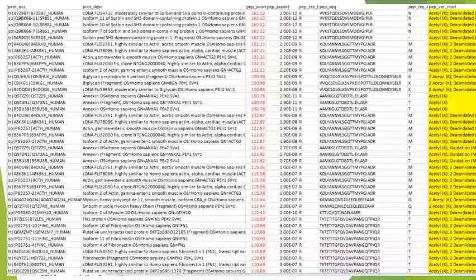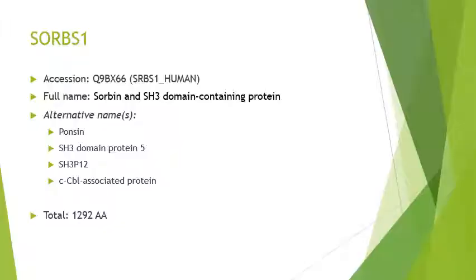If we look at the description of proteins in these 5 samples, it shows sorbin and SH3 domain containing protein in all these 5 samples, and therefore our analysis would be narrowed down to this protein. This protein is also called SORBS1, where its full name was as mentioned before. The alternative names are ponsin, SH3 domain protein 5, SH3P12, and CBL associated protein. The accession code is Q9BX66, and it is